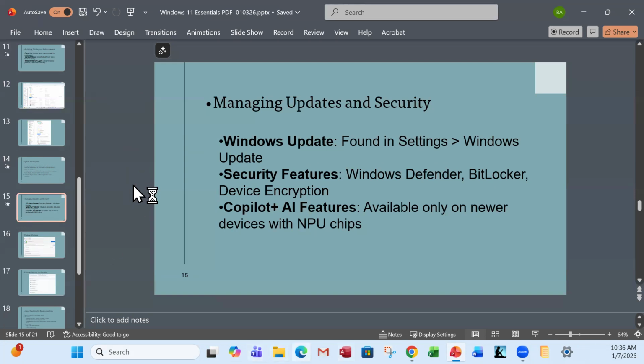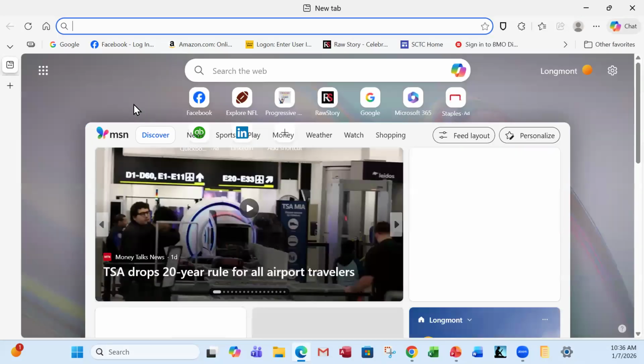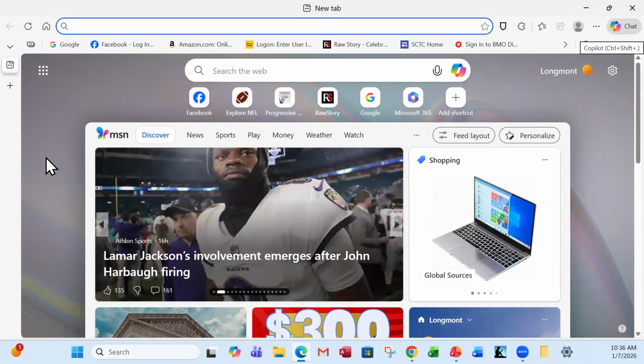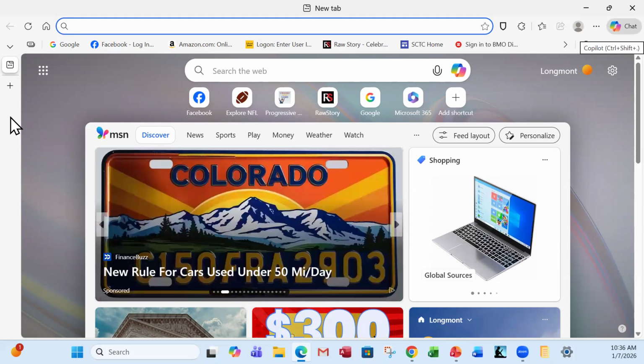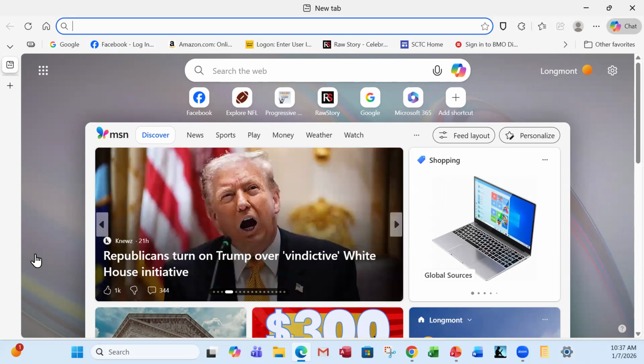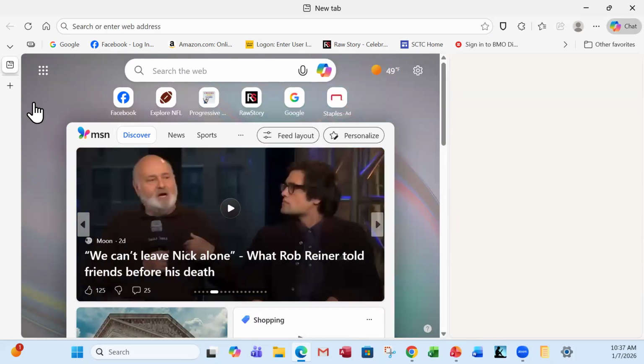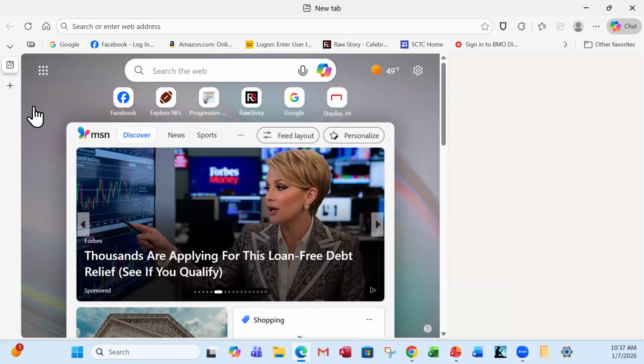But if you do go to, say, Microsoft Edge, which is the Windows default browser, and you look up here in the upper right-hand corner, there's this little multicolored thing that says chat. That's basically the Microsoft Copilot chat box, which brings up their